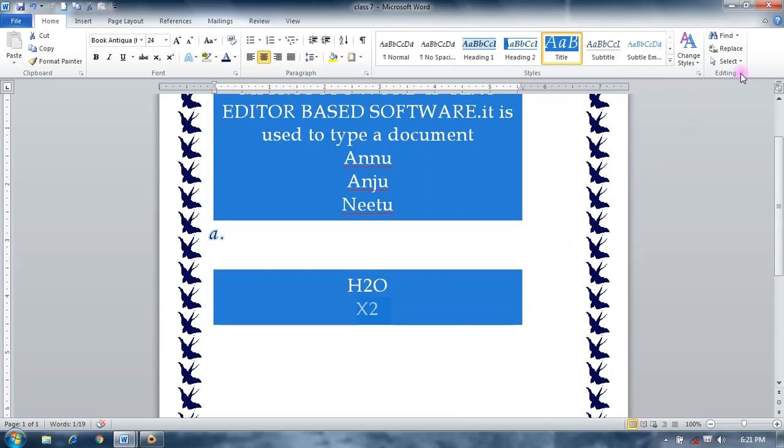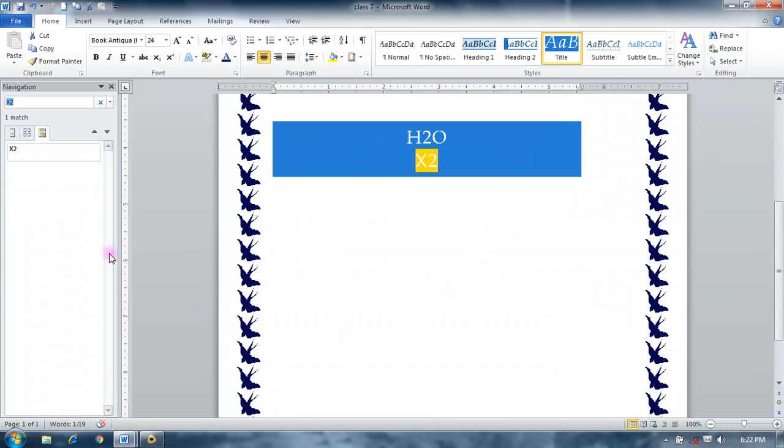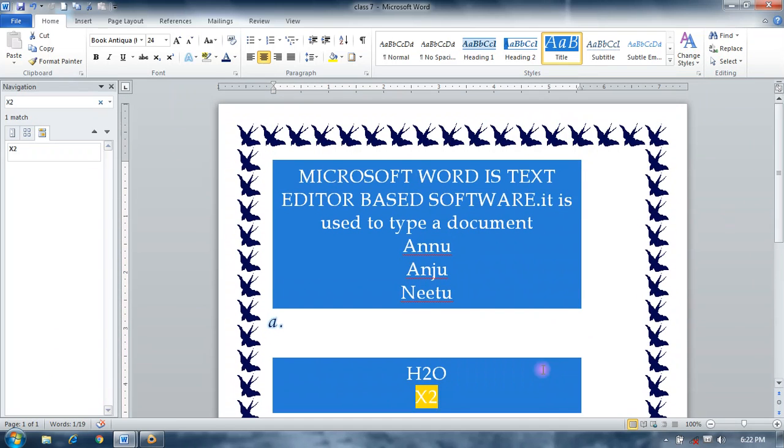Editing group is the last group in Home. It is used for editing your documents, like find, replace, or select. Find is used to find any text. Click on find, and now this is the navigation pane.